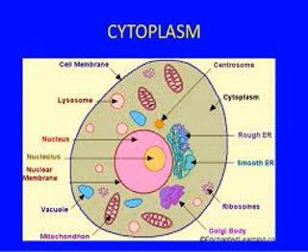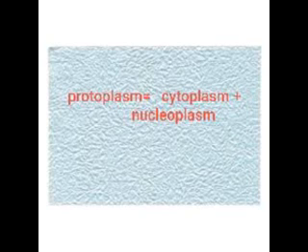Thus, various metabolic activities like respiration and synthesis of compounds like fats and proteins take place within the cytoplasm. The cytoplasm also serves as the site of storage for these metabolites formed. So cytoplasm is a jelly-like liquid present between the plasma membrane and the nuclear membrane, and in the cytoplasm the cell organelles remain suspended. To add on to your information, cytoplasm and nucleoplasm together form the protoplasm in a cell.